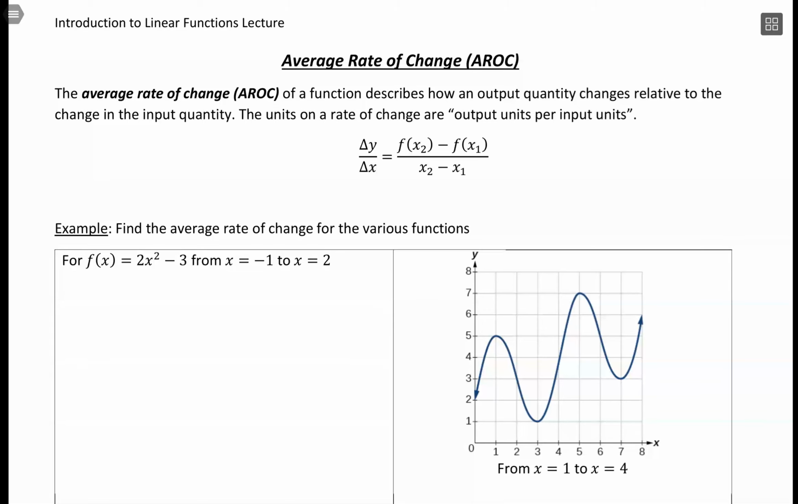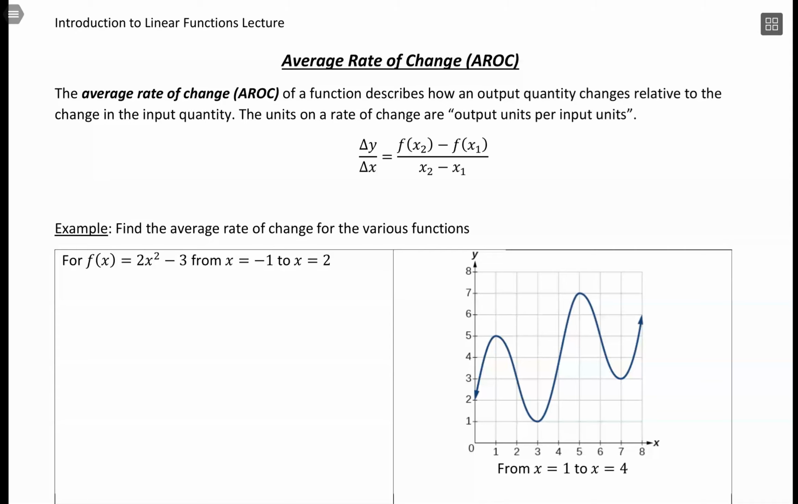Something we can calculate using this idea of slope is this average rate of change, or I call it AROC for short. And what it does is the calculation is exactly that. It's the calculation of slope, but the idea is that it doesn't have to be on a linear function. So what you can do is take a line to a function that's not linear, but talk about the slope